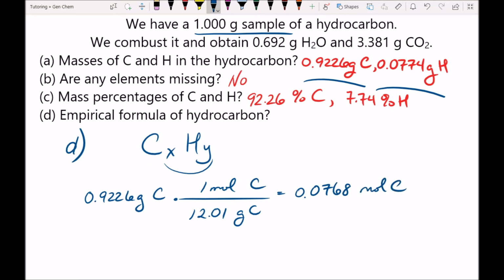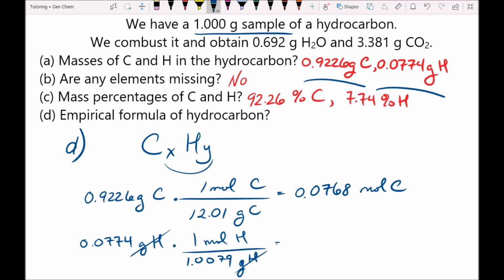We want to do the same thing with hydrogen, 0.0774 grams of hydrogen. 1 mole of hydrogen has 1.0079 grams of hydrogen. Of course, our units are canceling, leaving us with moles hydrogen, and that gives us a value of